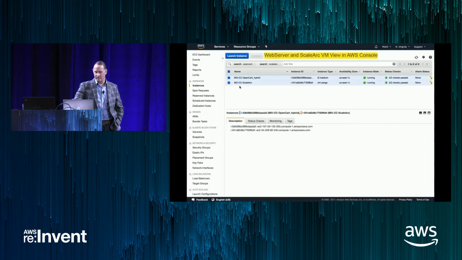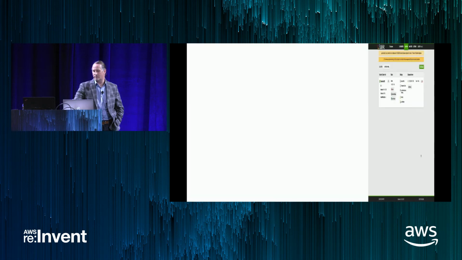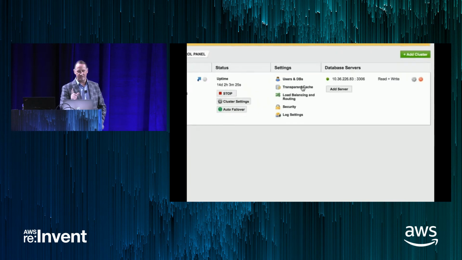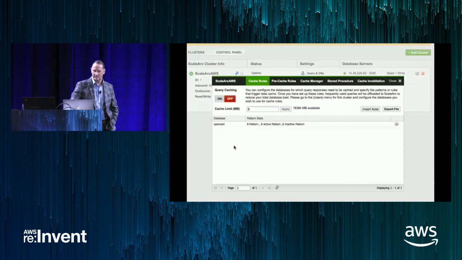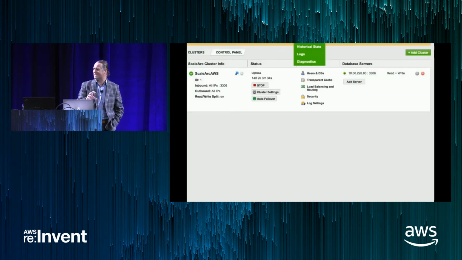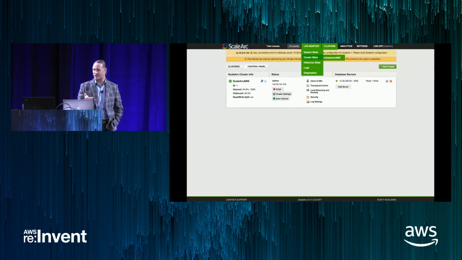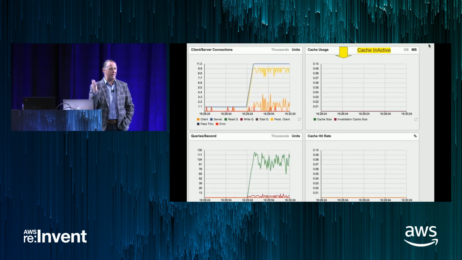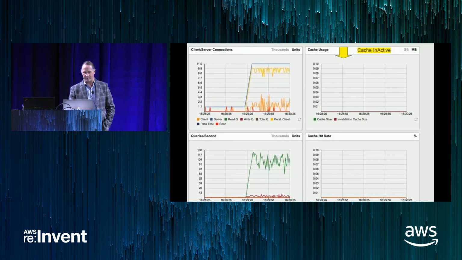We now can go into AWS and we see that we've only deployed the actual front side of the application and the ScaleArc appliance into AWS. The database was deployed into VMware. Here's where we actually see we've configured ScaleArc to have a replica. Okay, right now we're not doing query caching, so we didn't automate everything because we actually want to show you what it looked like before. I had the ScaleArc appliance there, but it actually wasn't caching. Okay, so we were just seeing everything through basically a remote connectivity, essentially through a pass-through appliance. So it's not actually doing any acceleration. Okay, so the cache is inactive on the left.